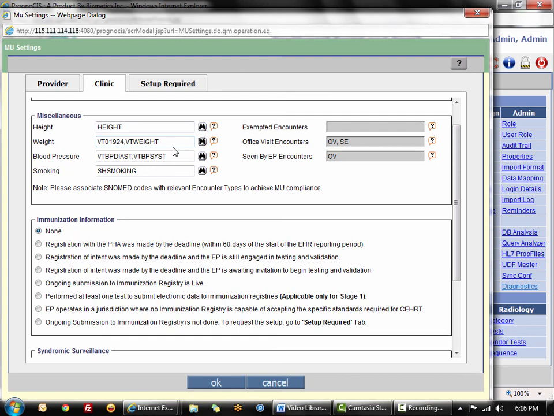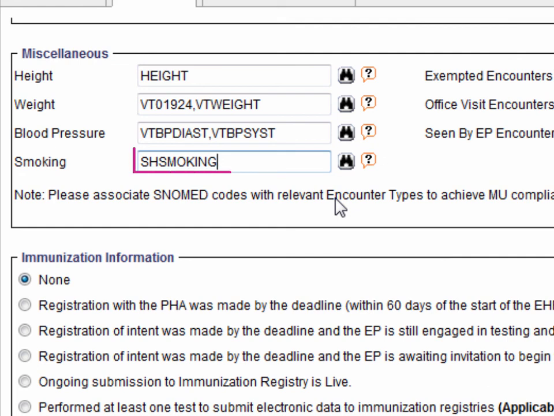credit. Very important on the smoking question, because especially with 2014 edition meaningful use, your smoking question has been modified from the 2011 edition, meaning it no longer accepts a yes/no answer, but it needs smoking status with an applicable SNOMED code underneath it. Now, the default question, as you see in this example, SH smoking, does have the appropriate